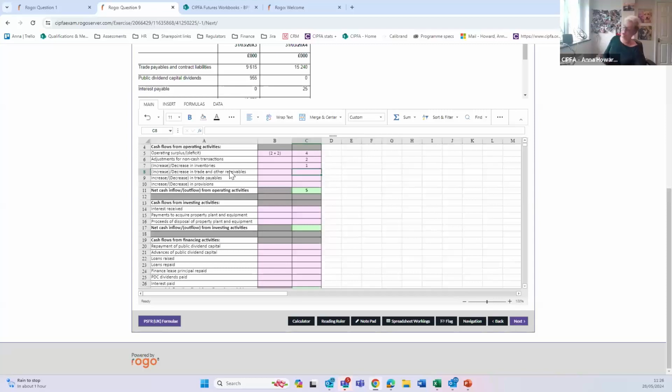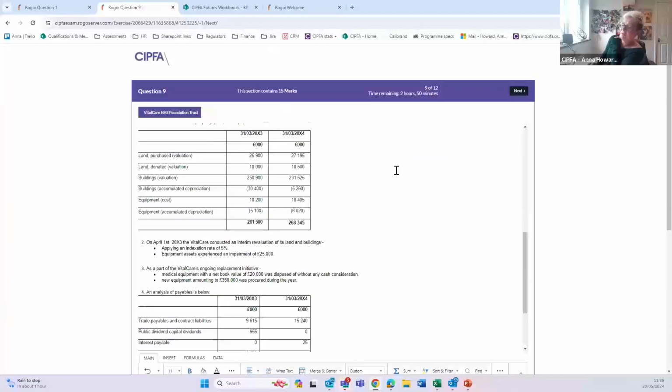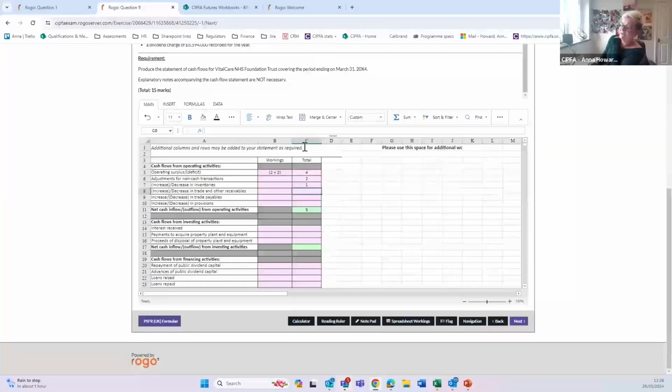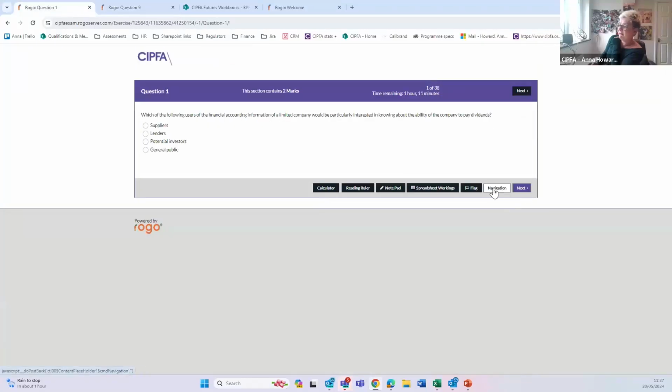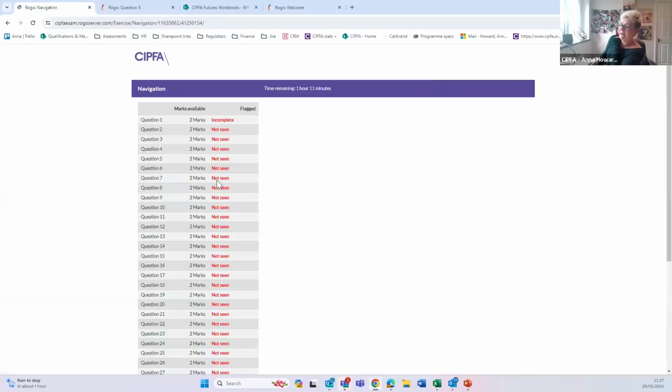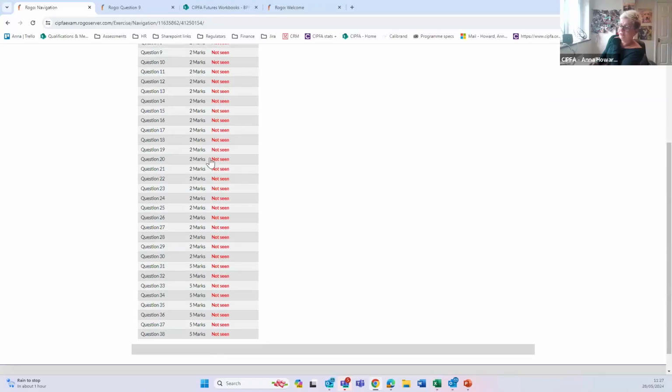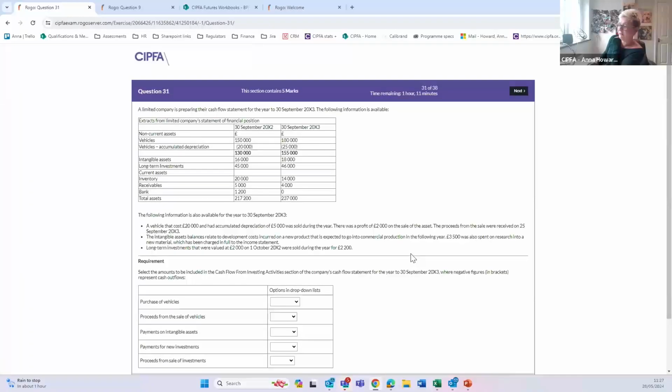Your mock is now also available, or will be if you've sat it, in your practice site. And you've got a specimen paper here that you're able to practice these questions in. So please make sure you're using the system and you're practicing. This is a different style of exam. You can see here that this is a shorter exam type question. These are all 2-mark questions, so these will all be